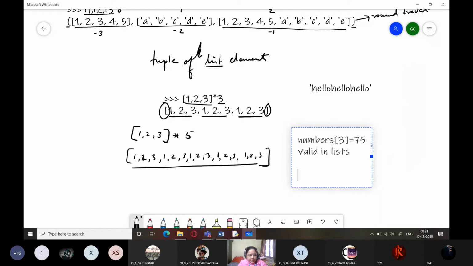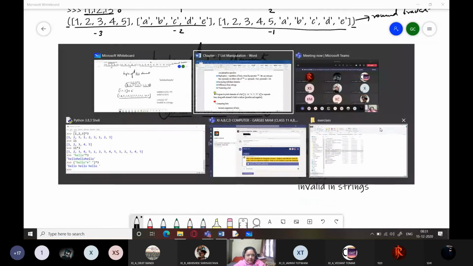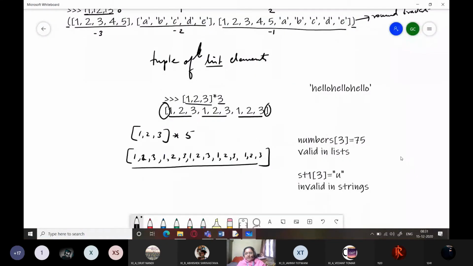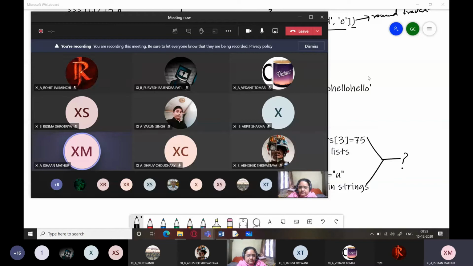But if I write something like st1 3 equals u, this is considered invalid in strings. So what is that one prominent difference between lists and strings? Ma'am, lists are mutable whereas strings are non-mutable. Very good. Lists are mutable objects, whereas strings are immutable objects, because of which individual item assignment in lists is allowed, whereas it is not allowed in strings.